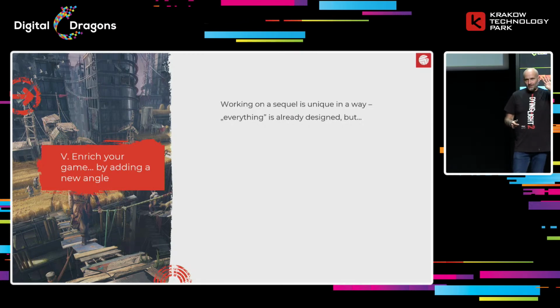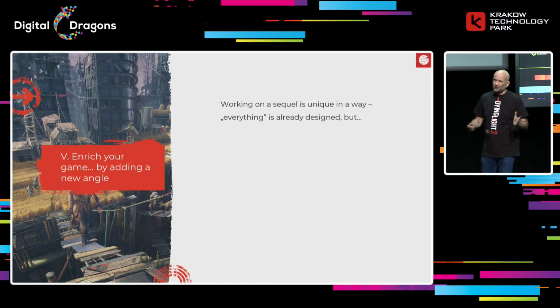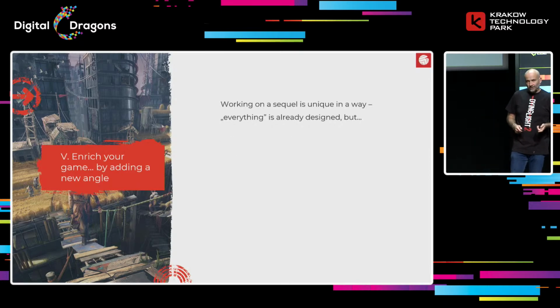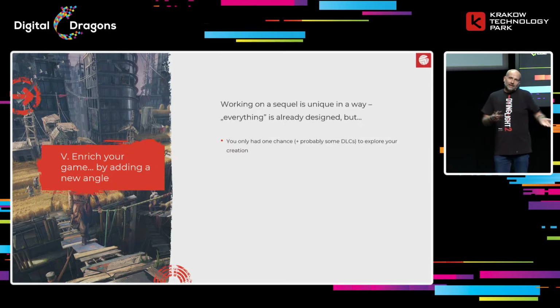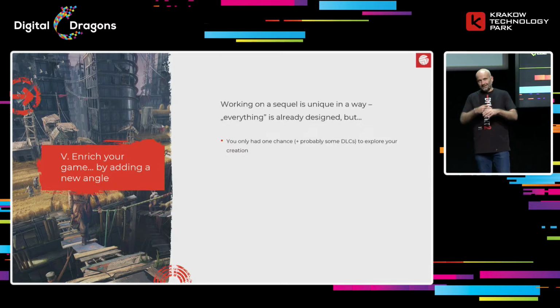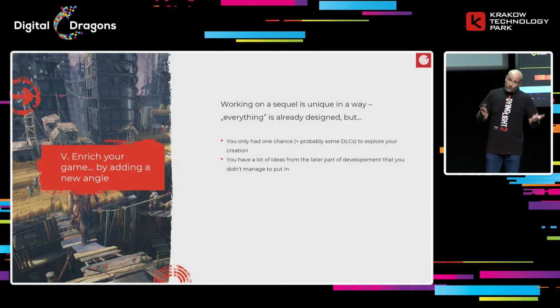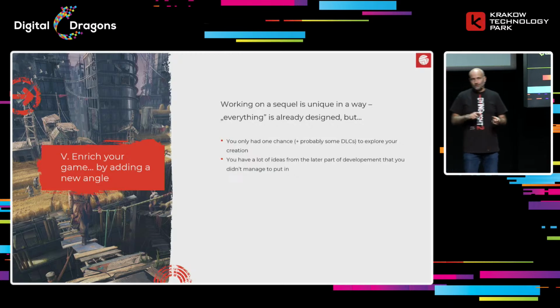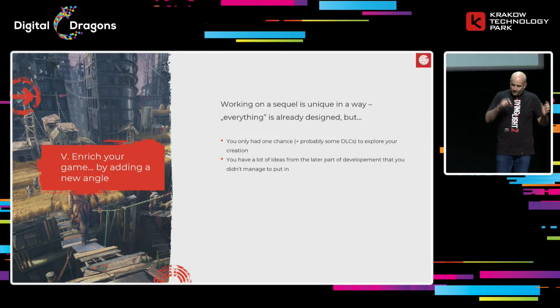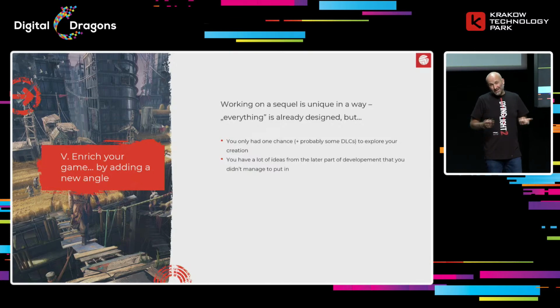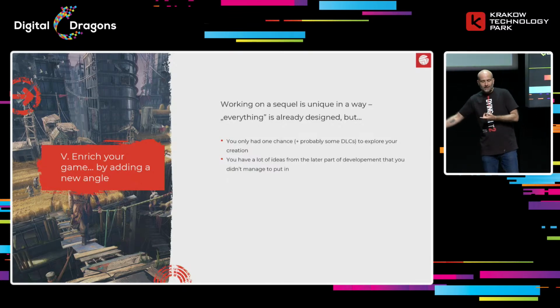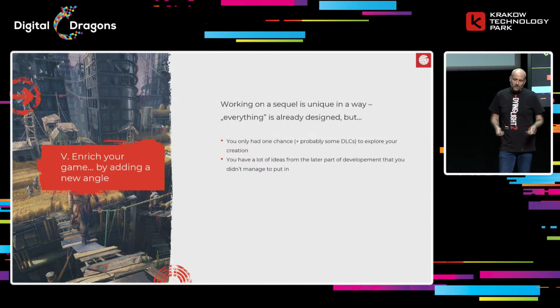Like you did the basics, you were precise when fixing them, you added something new, which you focused and spent time on to make it matter, but then you still want more, and working on a sequel is very unique because usually you only have one chance to work with your creation, and as any creative person, you know that really well. As you work on something, you have lots of ideas you would like to add. So usually they happen at the later part of the production where you can see the game better, so you have more ideas that are fitting, but of course you don't put them in because the production is running and you can't really do it.